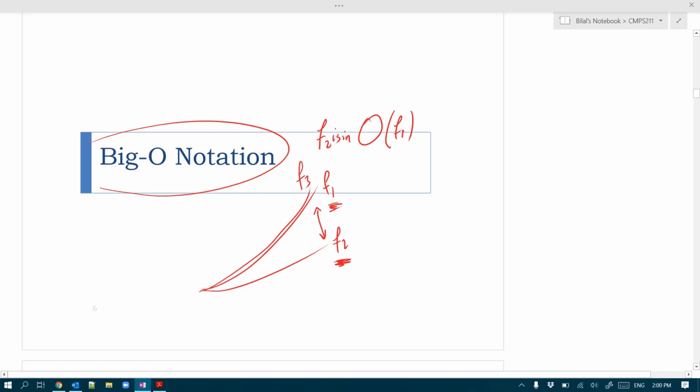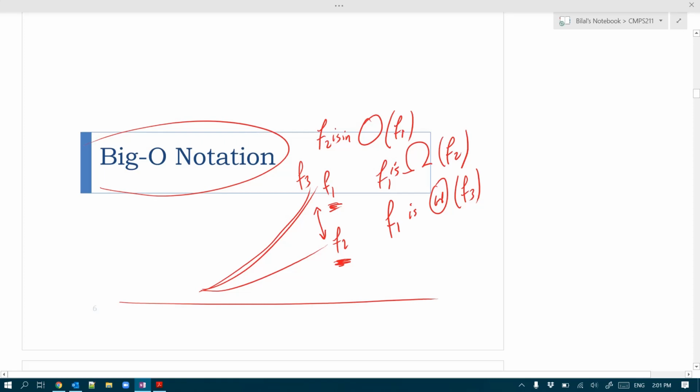We can also say that F1 is a big omega of F2. And actually, if F3 and F1 have the same order of growth, then we can say that F1 is a big theta of F3, and vice versa. We can say that F3 is a big theta of F1. So it's grosso modo the ideas, but we have certain technical details when it comes to the definition of